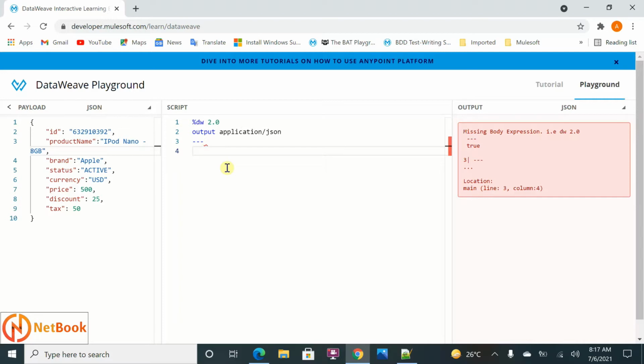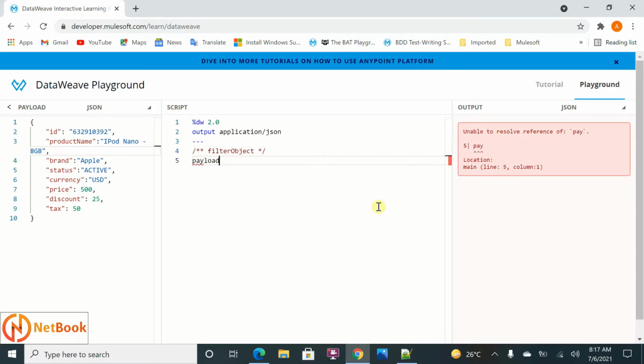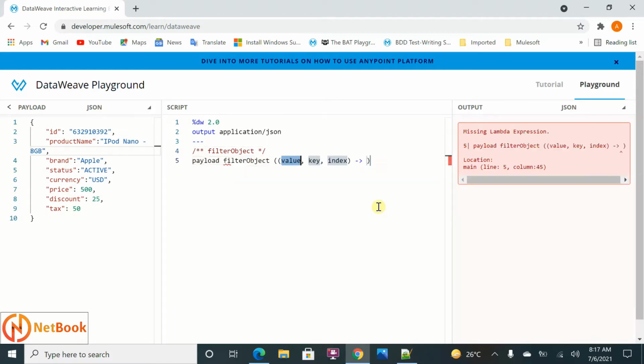I'm going to use the filter function, which we are going to discuss right now. Payload filterObject. The filterObject function takes three parameters: value, key, and index.